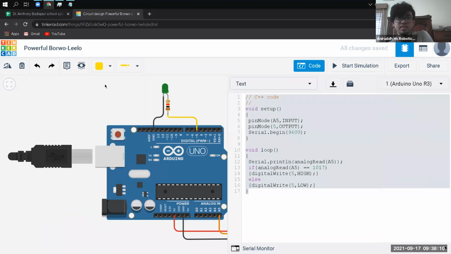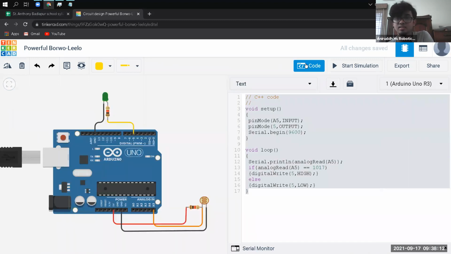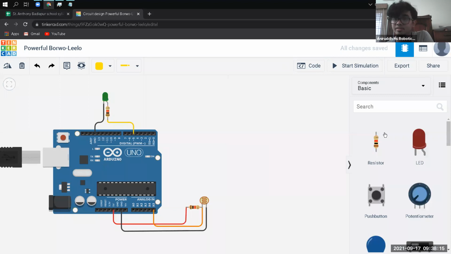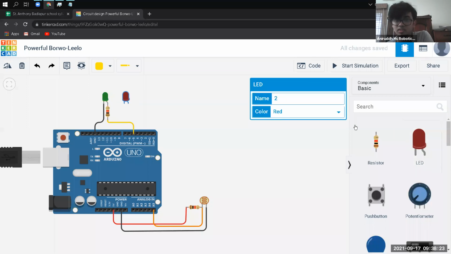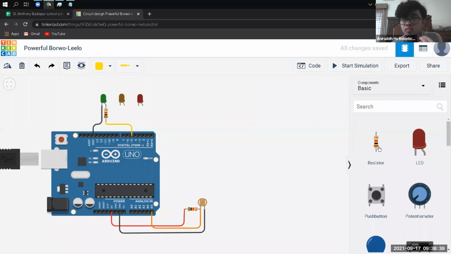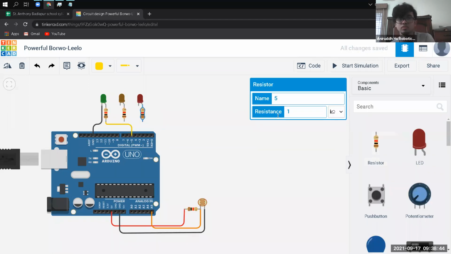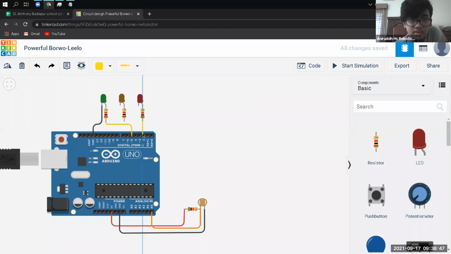So in place of the LED, you guys try attaching something else. Like let me attach a different LED. I'm gonna do something else, but you don't have to do this, okay? This is just for fun. So red, white, and red. So I've sent the code. If anybody has done the circuit and wants to show it to the class, raise your hand and we'll have a look into it.